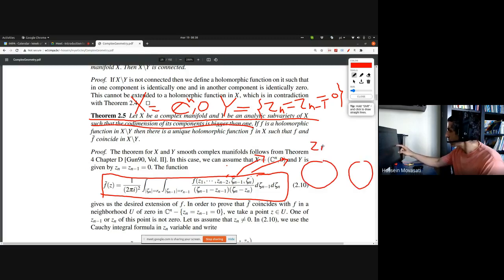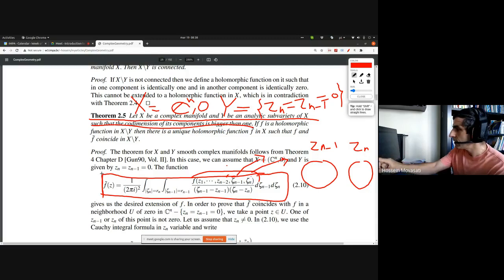This is the Zn minus 1, Zn. So at the end of the day, this f tilde is well defined because none of its Zn or Zn minus 1 coordinates is 0. And so anyway, this is a well-defined function. And again, f tilde is holomorphic in, let's say, Z1 until Zn minus 2, because f itself is,